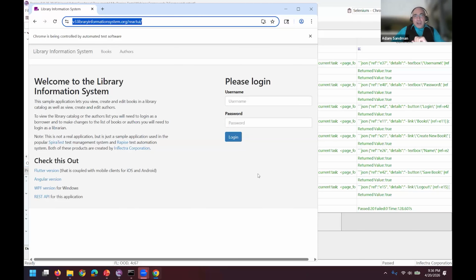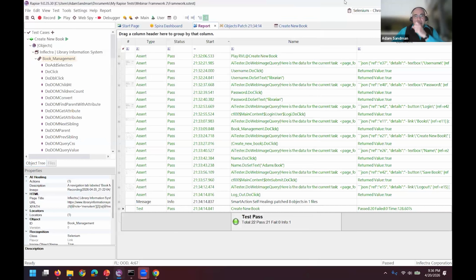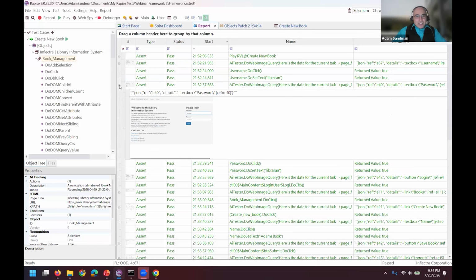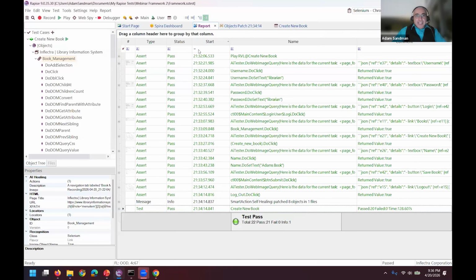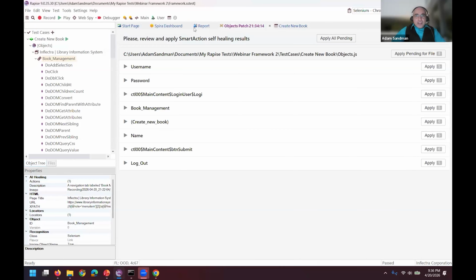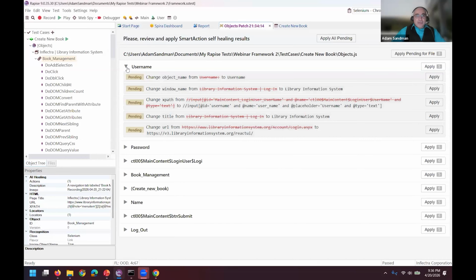That's why, once you've got a test that works like this one, there's one more thing: you need to review what it did. Again, it did the test, it found how to do everything. It does that using these image snapshots that it has. And then what it says is, well, here's everything that I did to make the test now runnable. And you review all this and you would then say, I agree with that because we've changed the application,